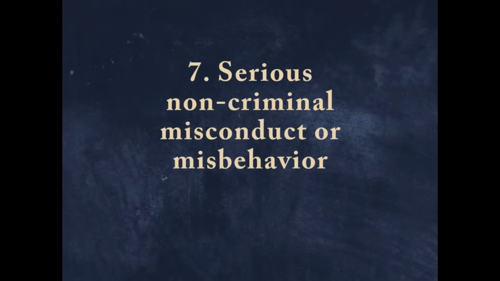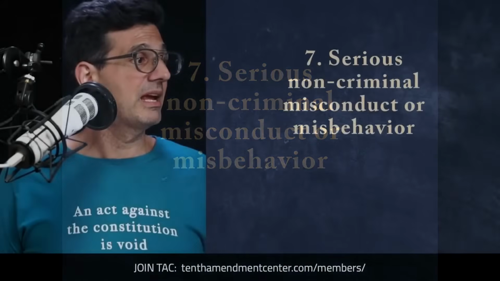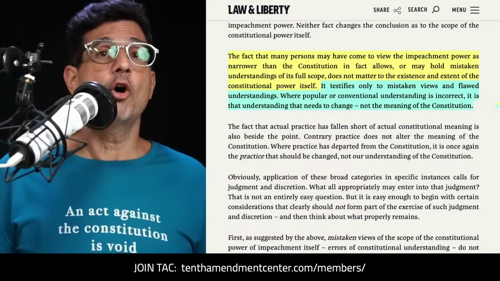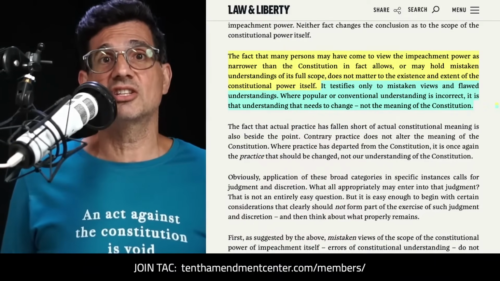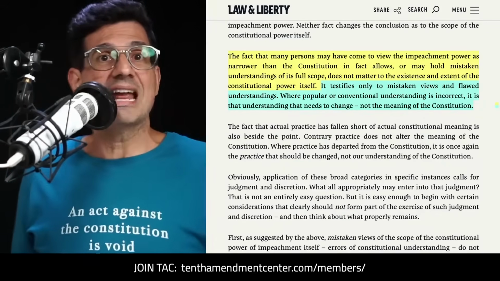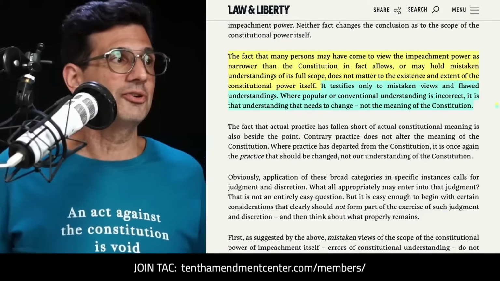And then number 7 is serious non-criminal misconduct or misbehavior. Like, as Paulson explains, misuse of office for personal gain, pleasure, or entertainment. And ultimately, as he explains in his papers, this is far more broad than almost anyone understands the impeachment power in modern times. But whether people understand it correctly or not doesn't change the Constitution, and that's what he gets